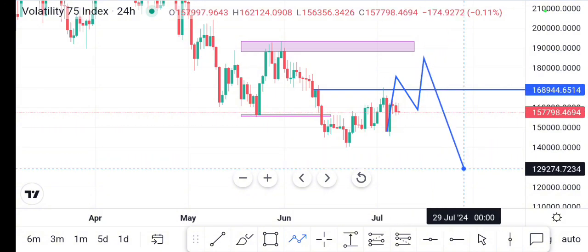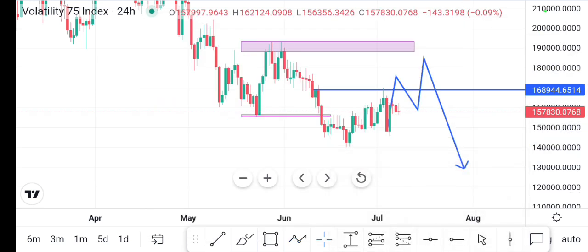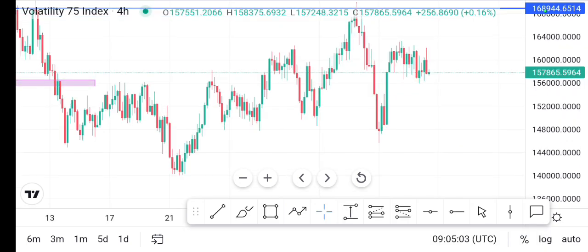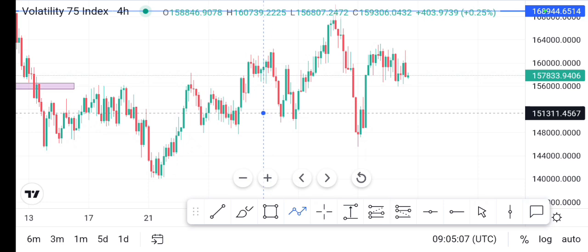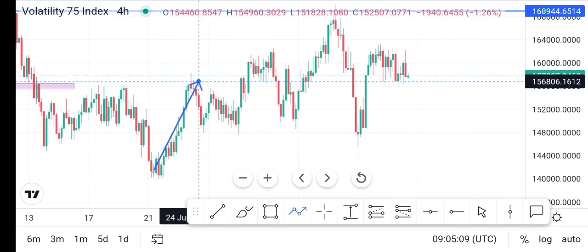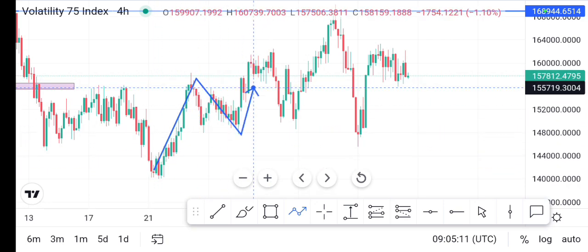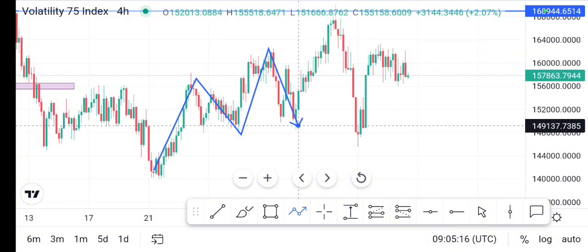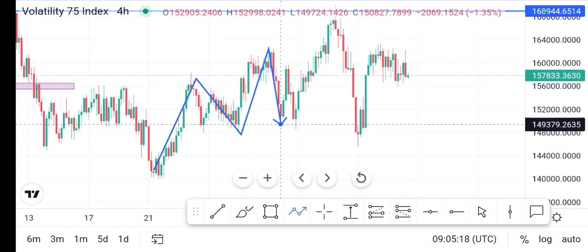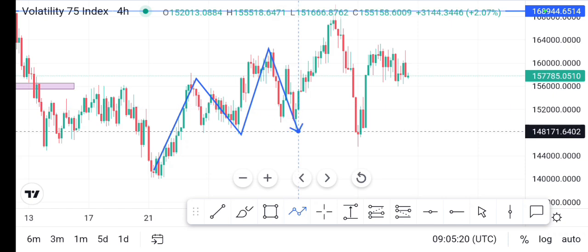So what do we see here right now? What we have to do now is go to H4 and see what is taking place. If we come to H4 right now, what do we have in H4? We can see that the market here is making highs and lows. We have a high here, we have a low, because this is a high low, because it is lower than this previous high here. Are you getting the point?